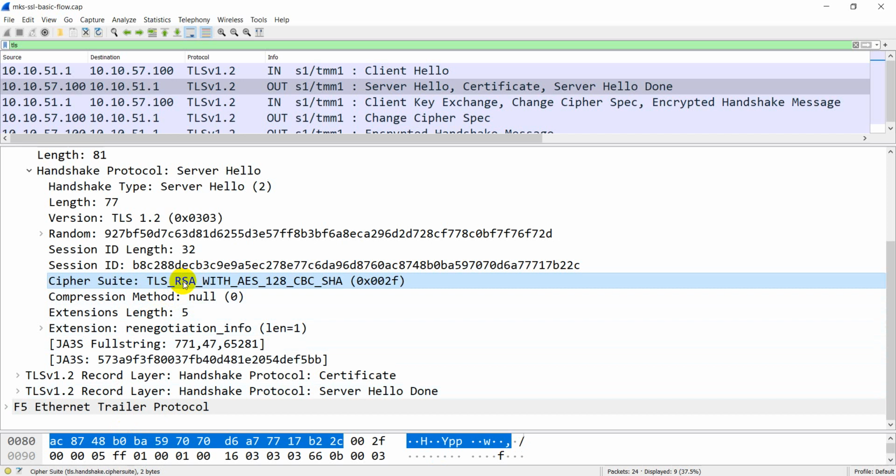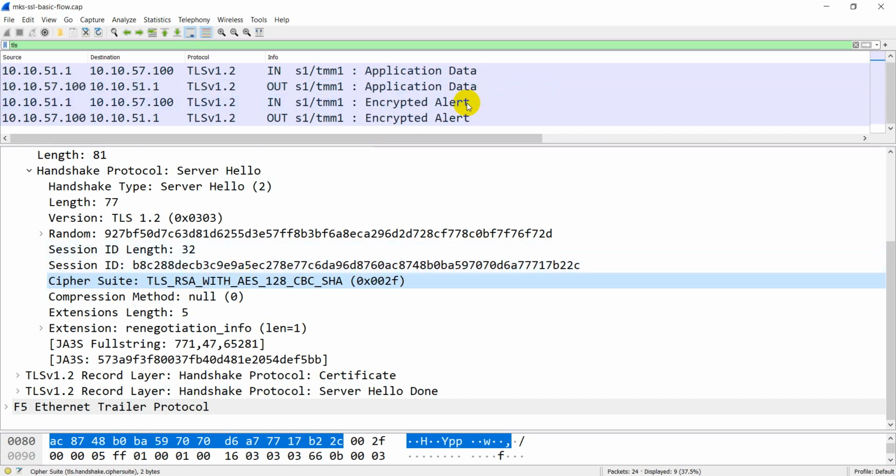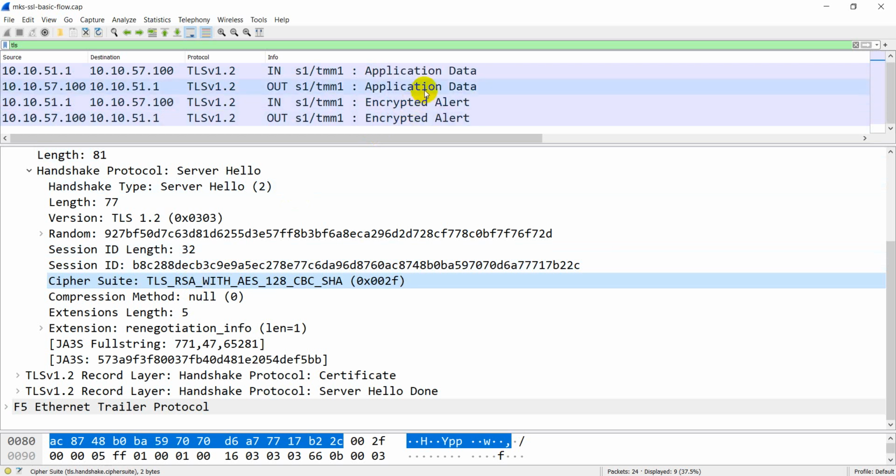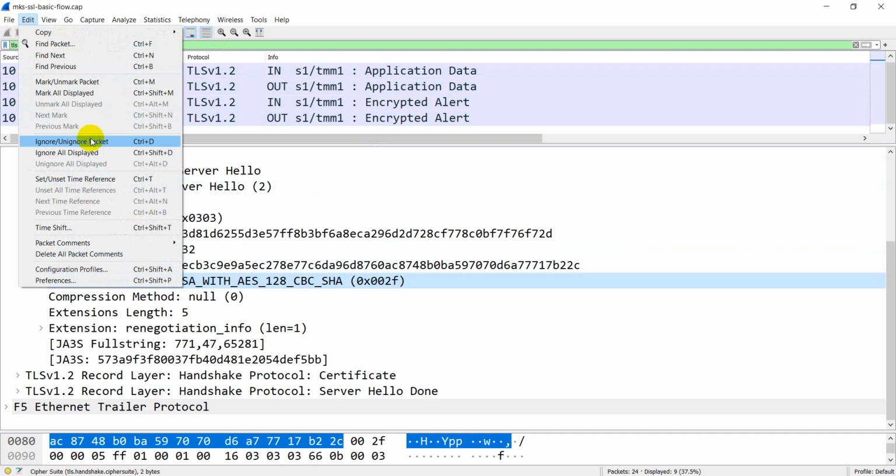I already told you in a past episode, when you use RSA for key exchange, this is a very old capture, but somehow I got the server private key. So any day if you get the server private key, you will be able to decrypt all the past packet captures. This is a very old packet capture, yet I will be able to decrypt it because I got the server private key. So that is the drawback.